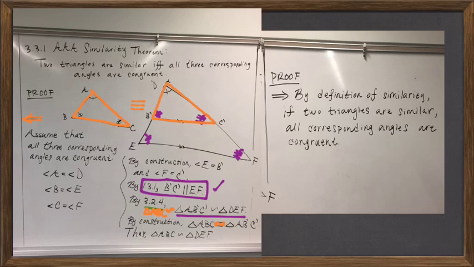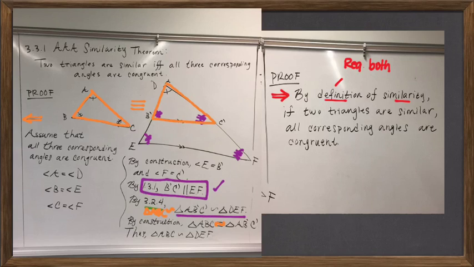Two triangles are similar if all three corresponding angles are congruent. The other direction is manifest just from the definition of similarity, the only if direction. Two triangles are similar only if all three corresponding angles are congruent. In other words, if I have a pair of similar triangles, then the corresponding angles are congruent. Well, that's part of the definition of similarity, because the definition of similarity requires both